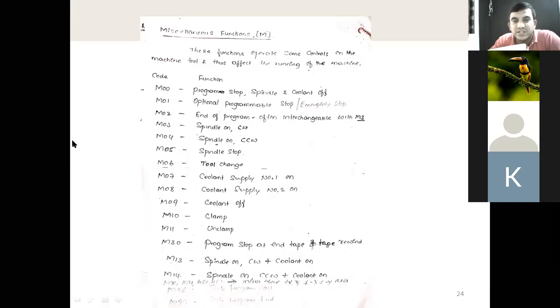Now this completes the introduction to the computer integrated manufacturing lab. From the next class onwards, we'll directly write the manual part program. We use only three machines. One is milling and drilling, which is one part, and turning is another part. In your syllabus also, Part A is manual part program on milling and drilling, and manual part program on turning machine. Then the third part is only for demonstration. That will not come in the examination, only these two.